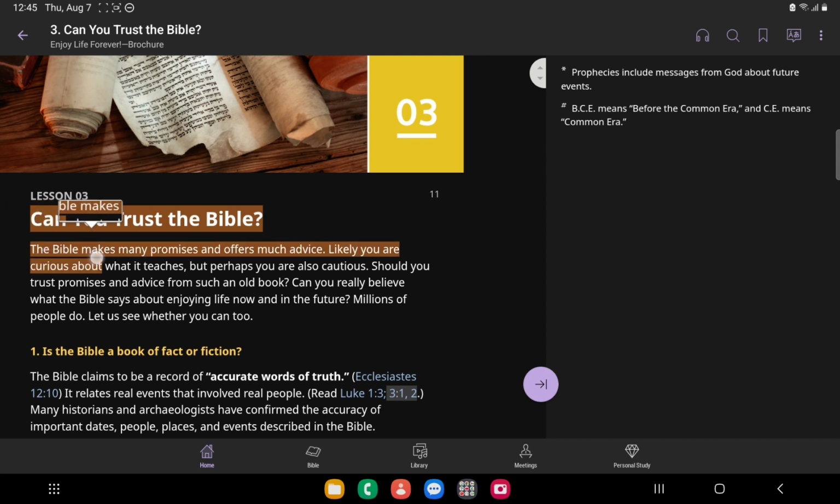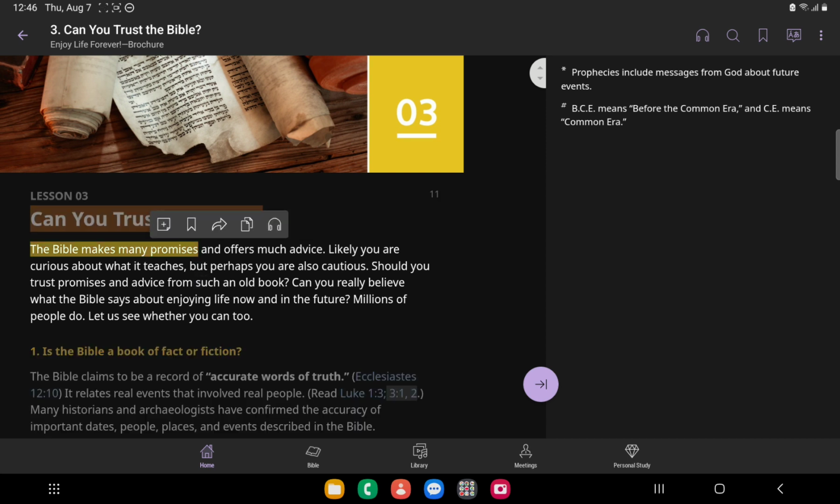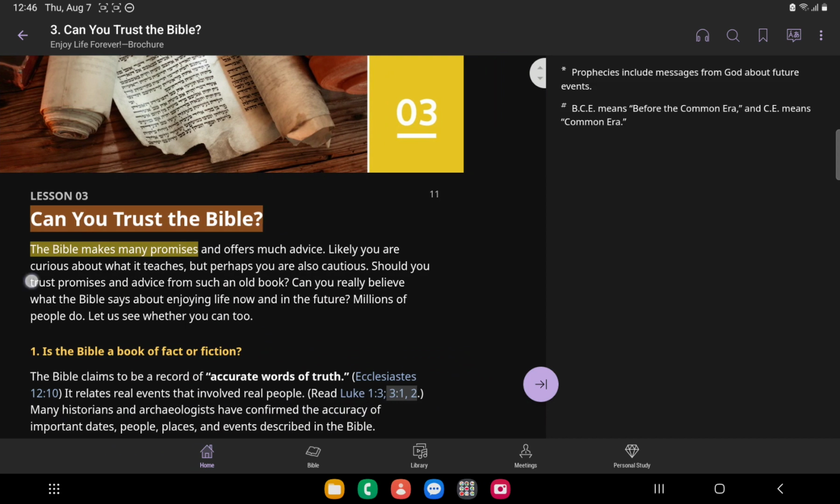I'll show it again. I have already selected the color, but here we can select another color. It will appear automatically if you hold your finger over the content